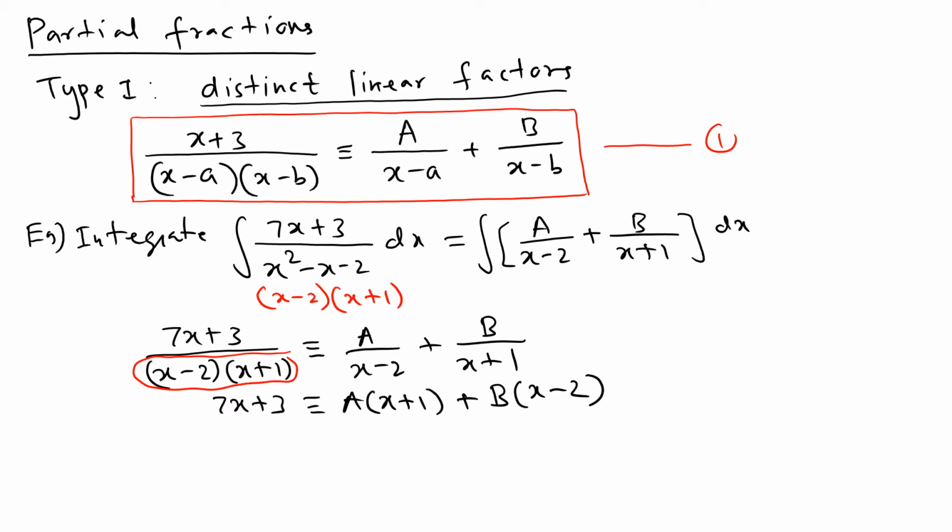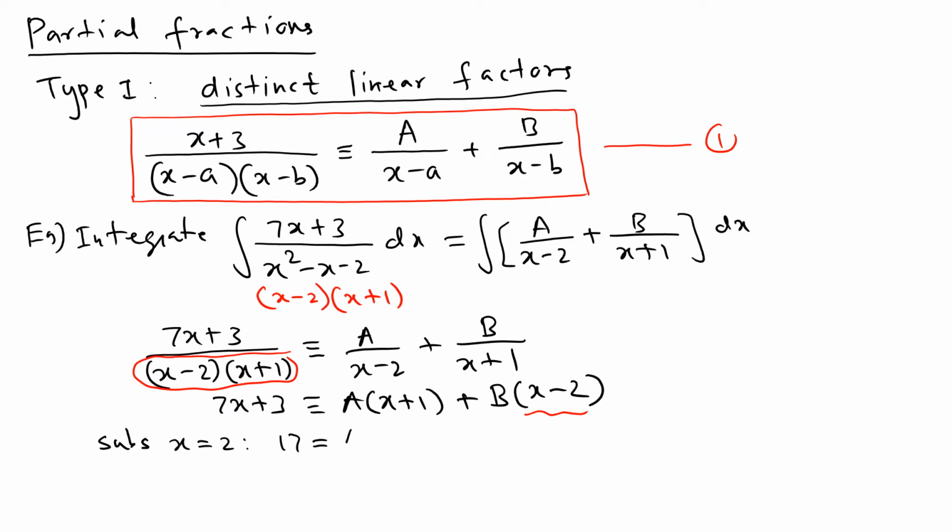Shortcut means you can use a substitution. You use a proper substitution to find A. The goal is to find A, so try to cancel this term. How to cancel this term? You plug in x equal 2. Once you plug in x equal 2, that term gets cancelled, so you end up getting A. So we substitute x equal 2. Once you have x equal 2, you get here 7 times 2, 14 plus 3, 17 equals